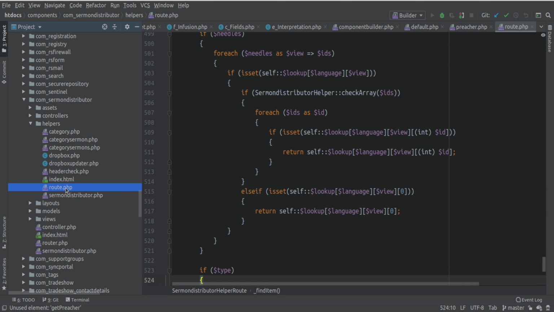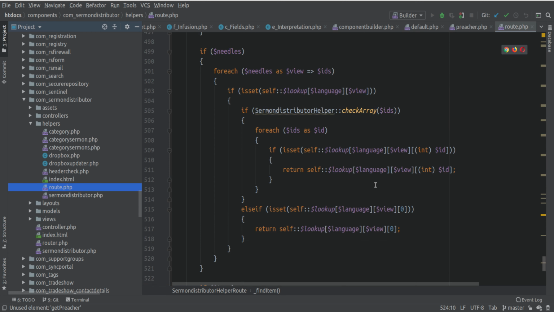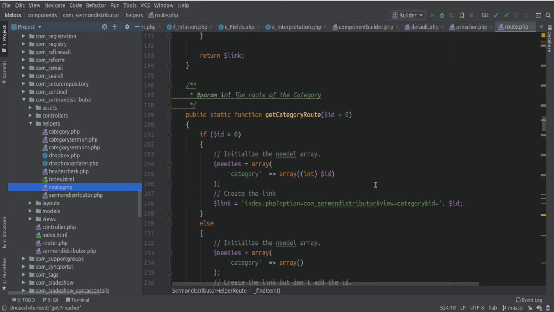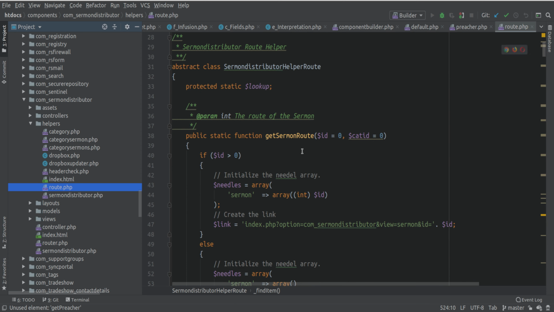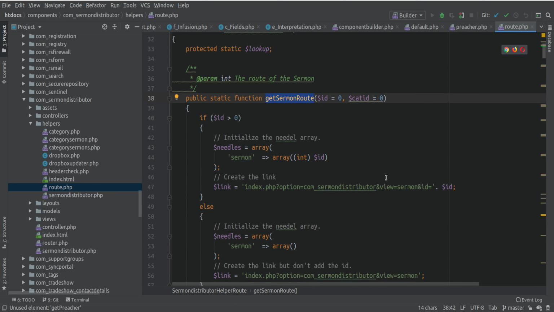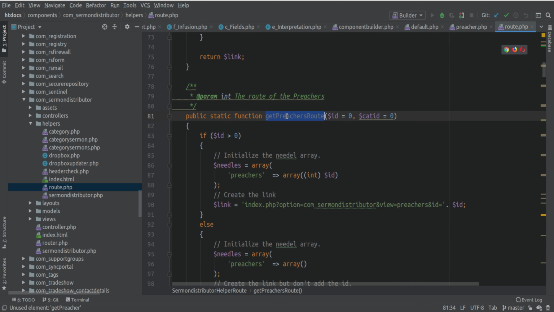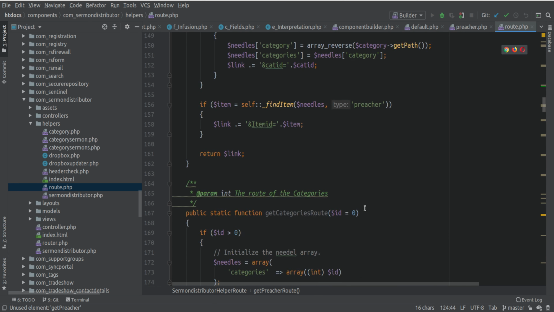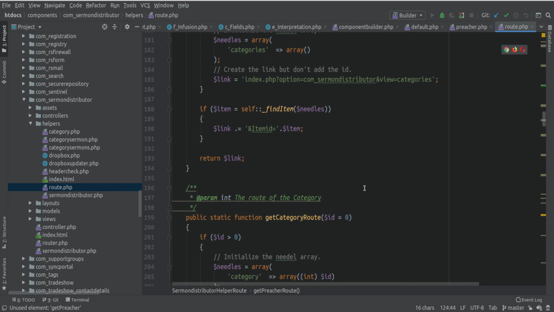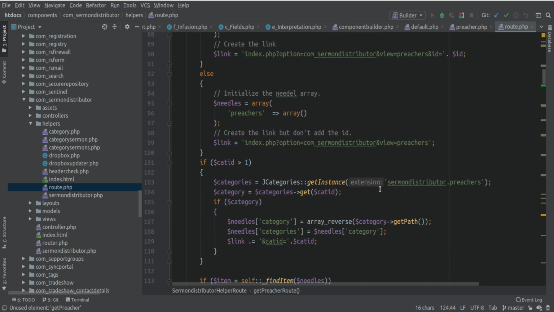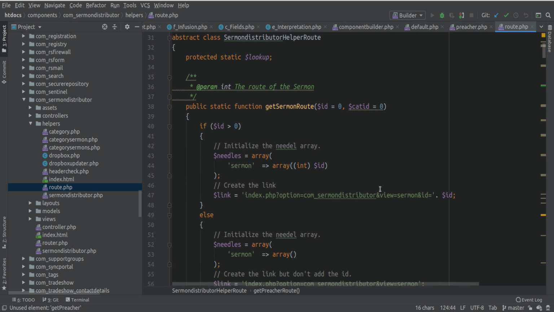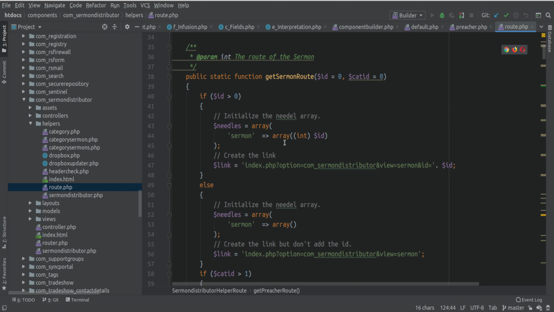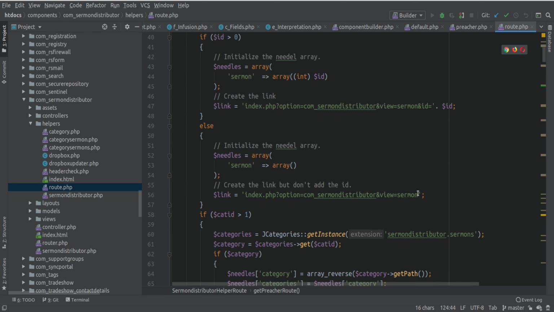Double click on it to open it, and go to the very top to see here is the get sermon route, here is the get preachers route, and here is the get preacher route. So you see all the routes are here. Now when you look at one of them, we're basically just checking whether there's an ID, because it could fail. If there's no ID, we fall back to no ID,